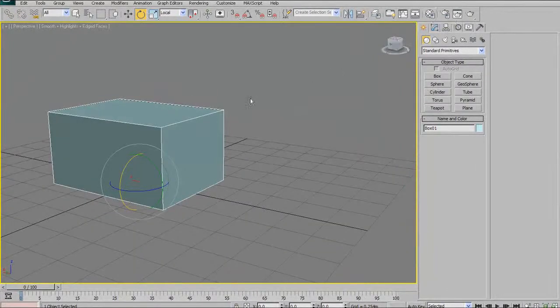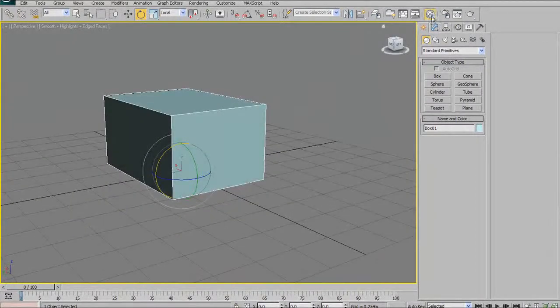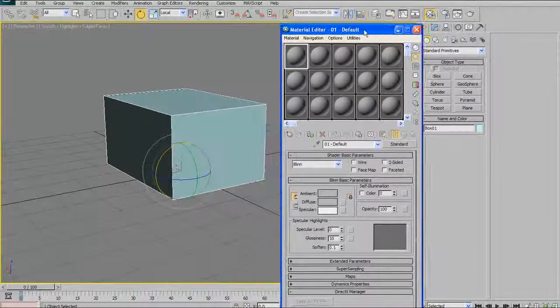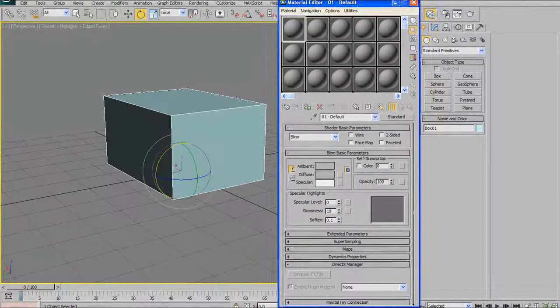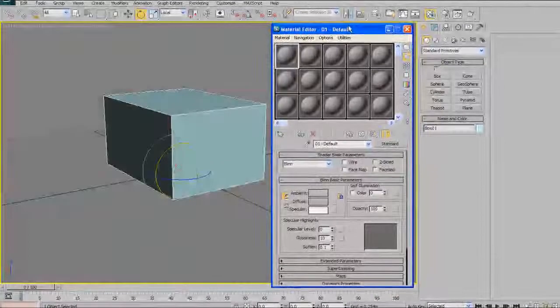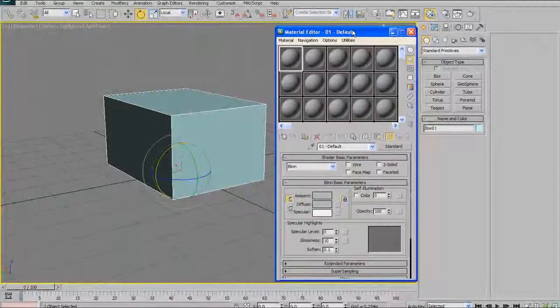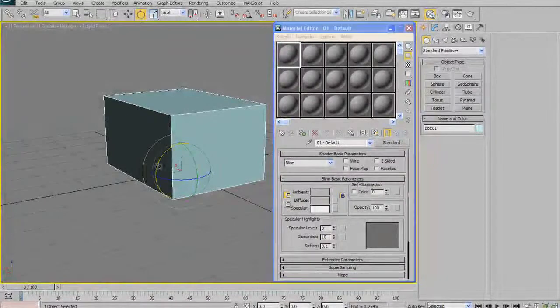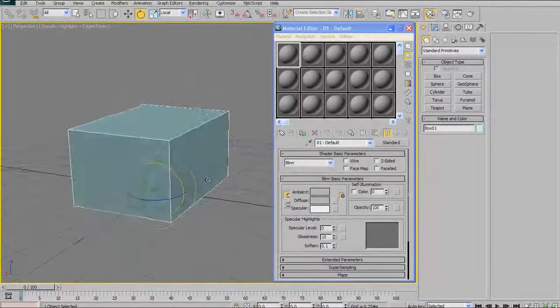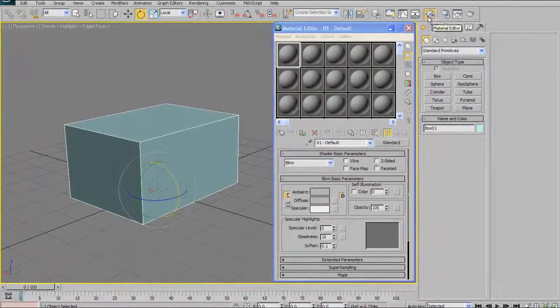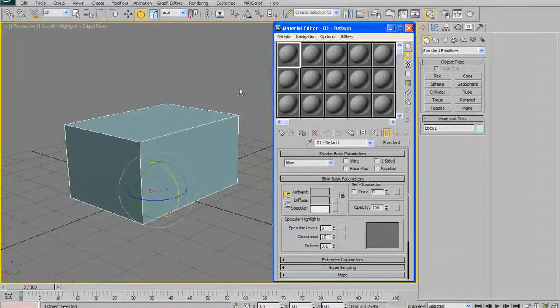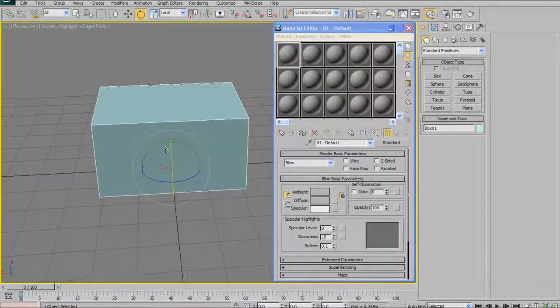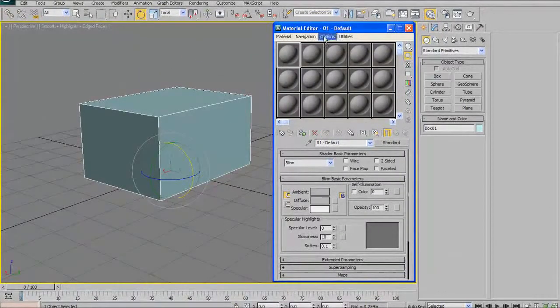are the material editor. The material editor is almost like its own application in 3D Studio Max. It's very deep and complicated, and if I do a tutorial later on introductions to unwrapping and materials in Max, I'll get into it in more detail. But you can find it up here in the main toolbar with this little checkered sphere. And at this point in time, what I'm going to do, I'm just going to show you how to apply